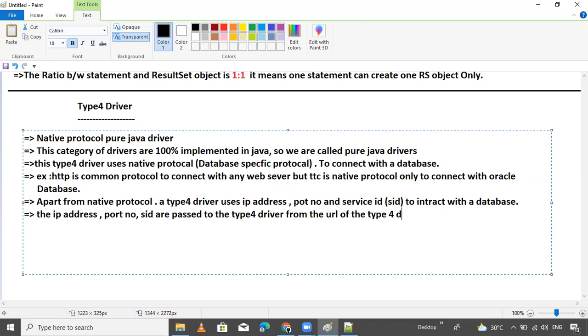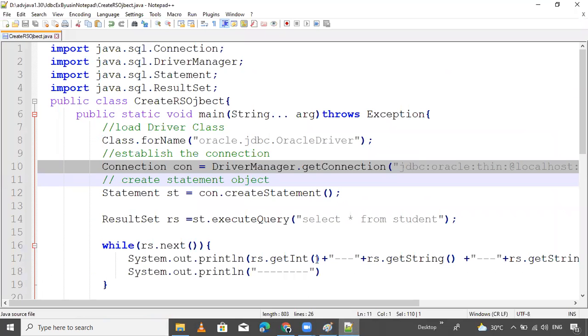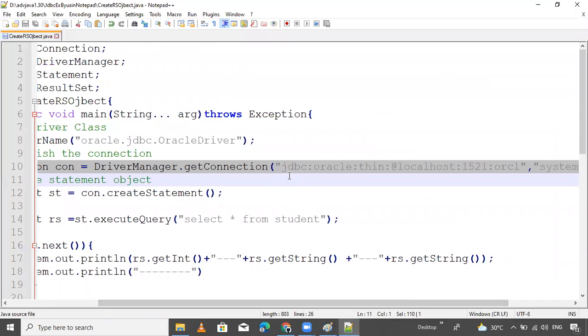By using the URL section, we pass the port number, port protocol, and SID. Okay, service ID.